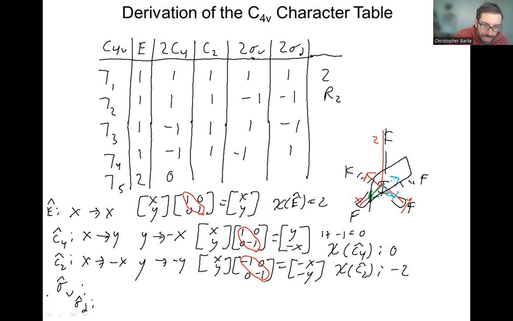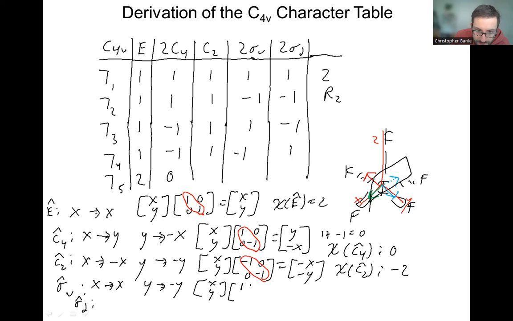So if it contains the x vector, the x is in the mirror plane, so x goes to x. The y vector, here in blue, is looking at itself at the mirror plane. So it's going to flip over to the other side. It's looking at itself in the mirror, so it goes to behind. So we're going to get